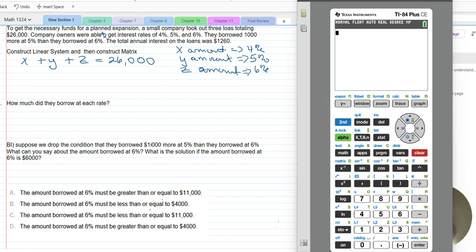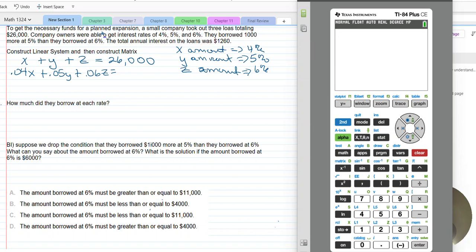Now the company owners were able to get interest rates of those. So this is 0.04x plus 0.05y plus 0.06z equals,